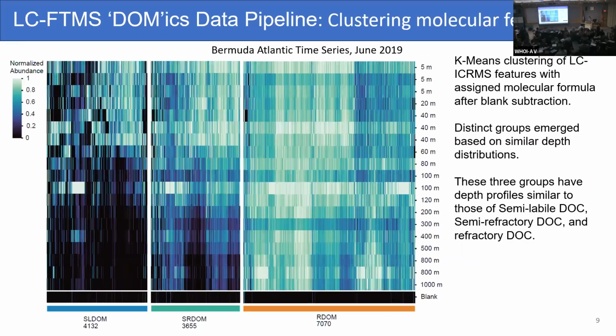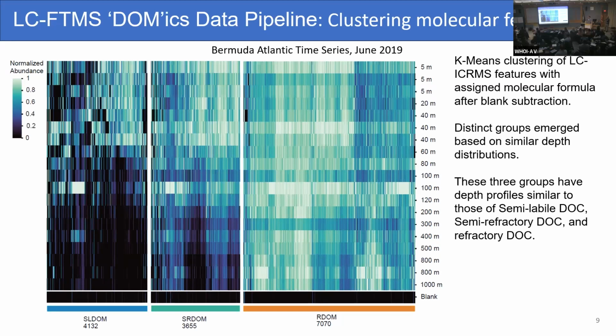Okay, so here's an example of that type of analysis. In this figure, we're seeing the concentration. Each column here represents a single metabolite feature, DOM metabolite feature. These are masses that we assign molecular formula to within some retention time window in our LC mass spec data. And then their abundance in all of our samples, which are ordered from depth. So we have shallower samples at the surface and deeper samples at the bottom. We have about 15,000 features that we're able to detect across all of our samples, and we have relative abundance for them now at different depths.